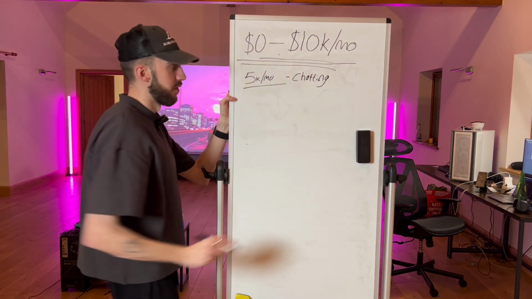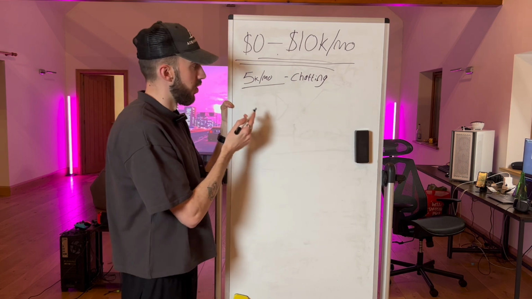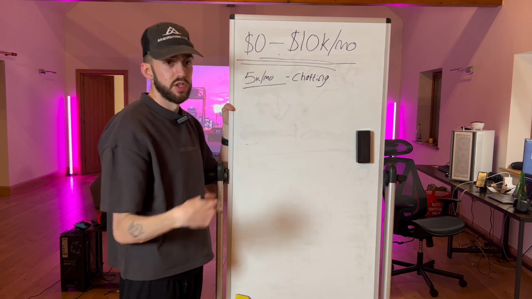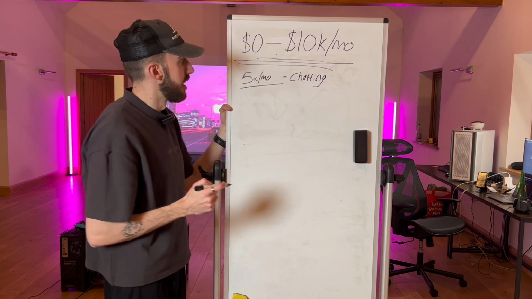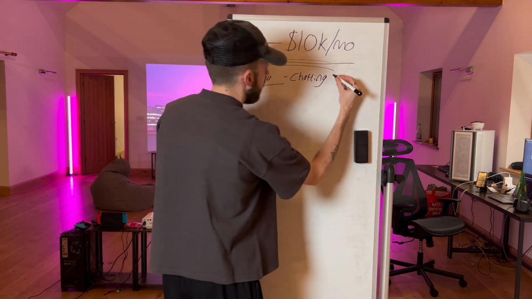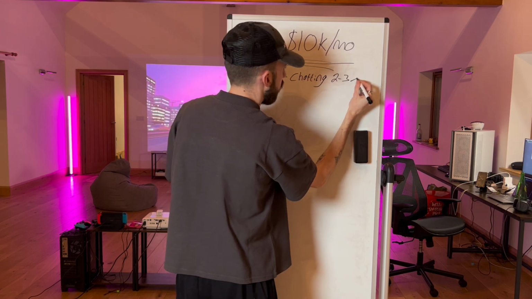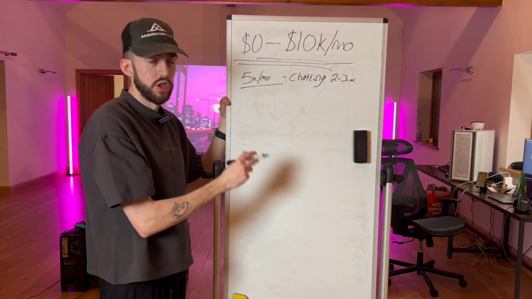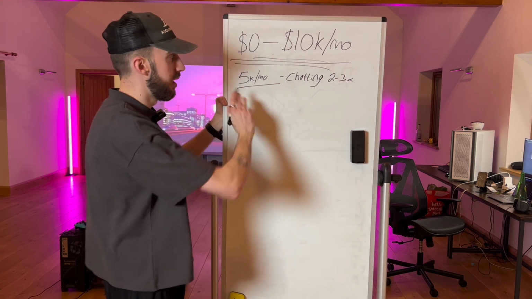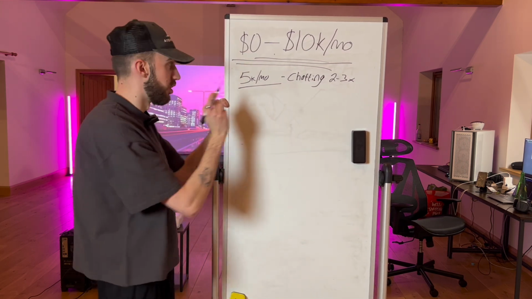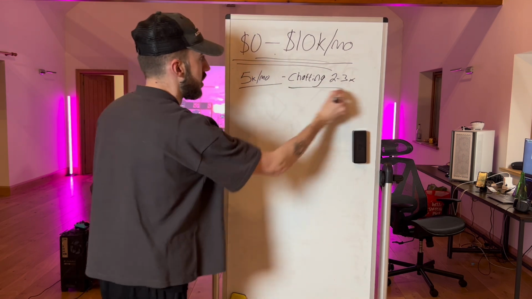Because she's making $5,000 a month, and if she's got there on her own, then she's probably been chatting herself, probably just sending a PPV every now and again, probably deciding when she wants to chat. And so you could probably instantly go in there and 2 to 3x her chatting straight away, if not more, depending. You can get a minimum 2 to 3x the chatting. And so that's an inefficiency that she's dealing with.